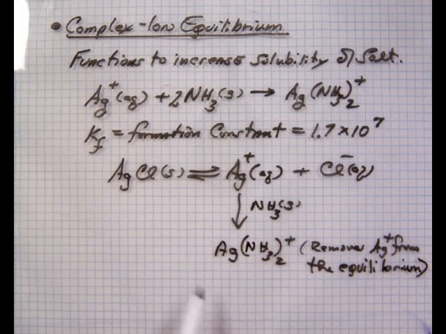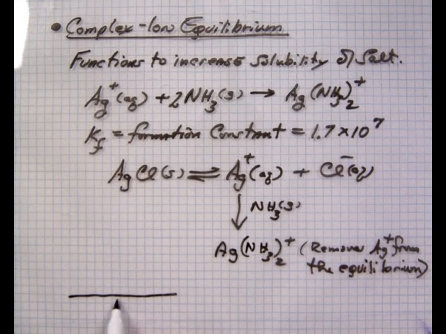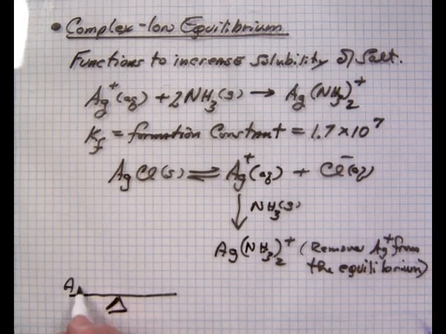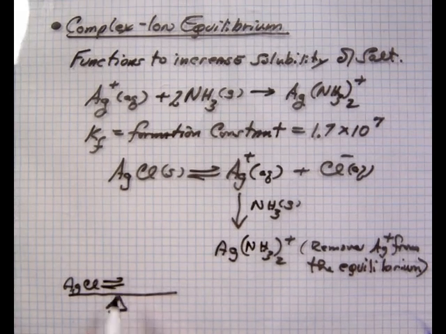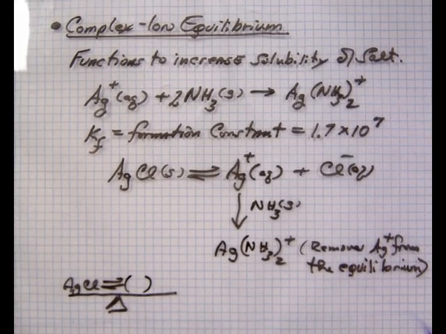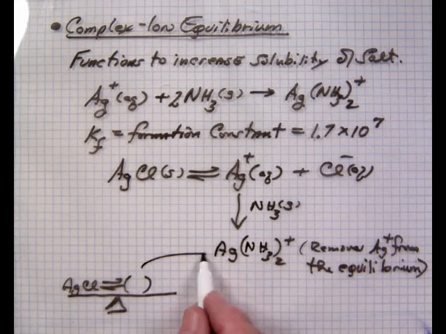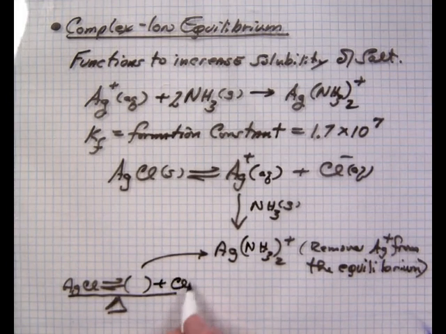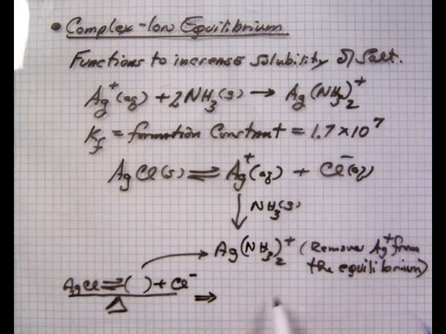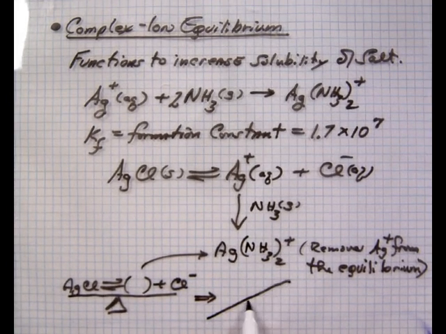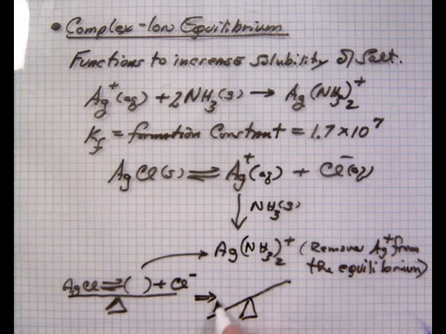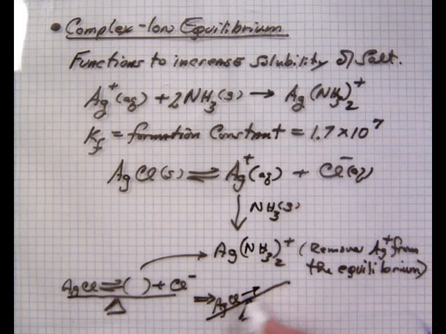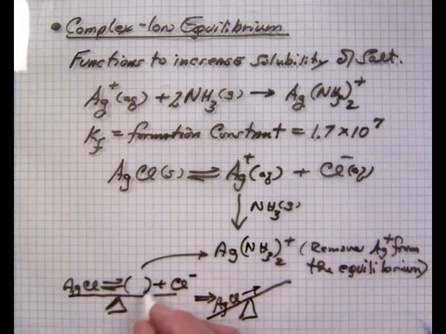And so we would find that this would have an effect on the silver chloride, and there'd be a void right there created because this is taking the silver out of the equilibrium, and as a result the equilibrium would tilt in this direction and shift to replace the removed silver,